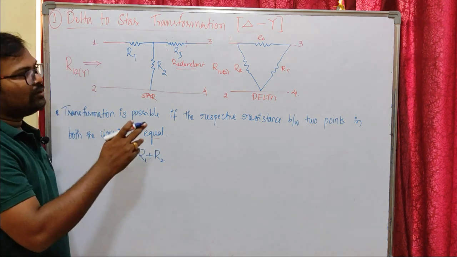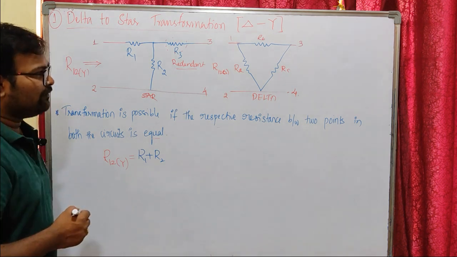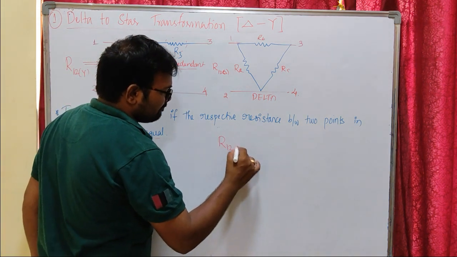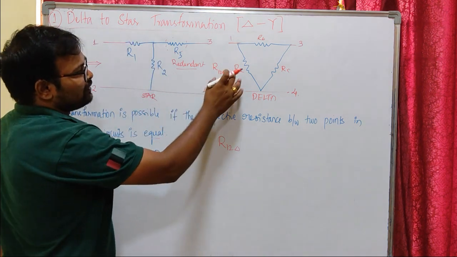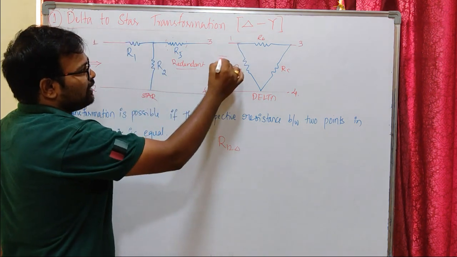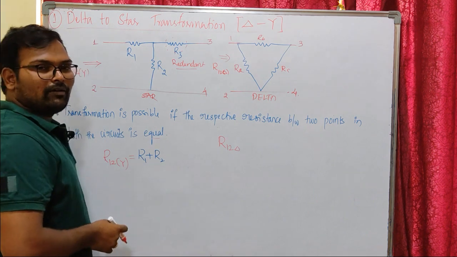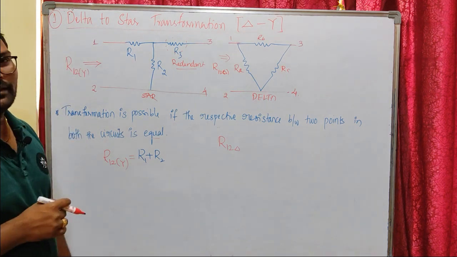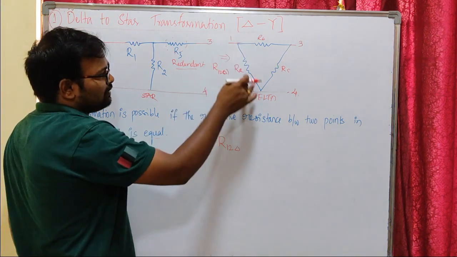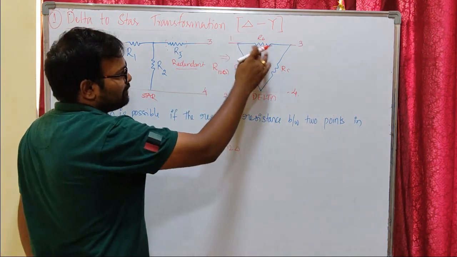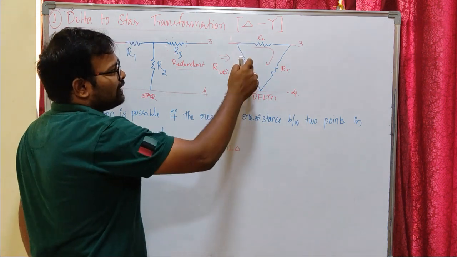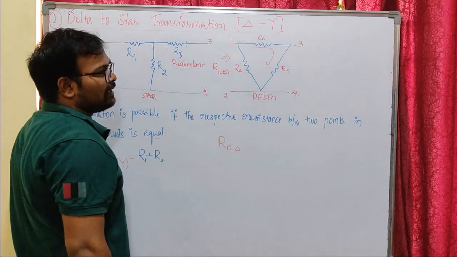So R1 plus R2 must be equal to R12 delta. Now we need to derive R12 delta. So what is R12 delta? We have a network here, and we need to find the resistance between points 1 and 2. I hope you already know how to solve a circuit of resistances and get an equivalent resistance. So here RA is in parallel between 1 and 2, and RB and RC are connected in series. These two are connected in series. So RA is in parallel with the series connection of RB and RC.